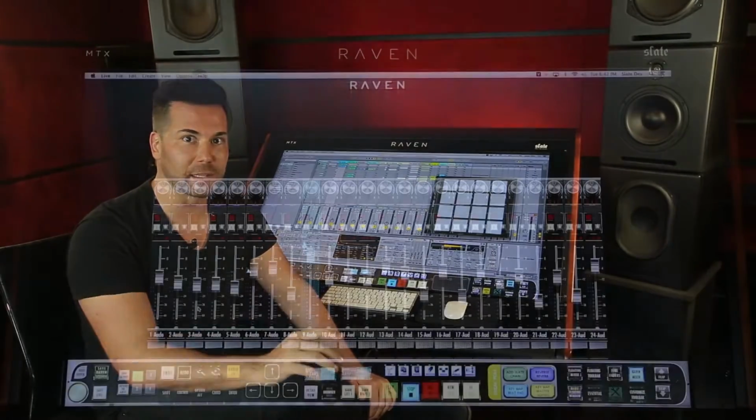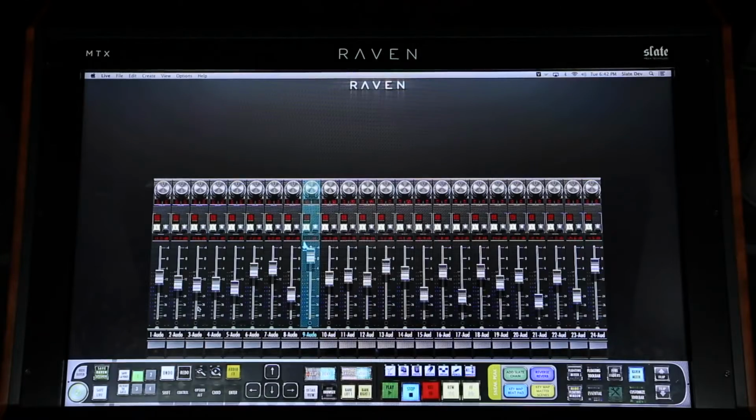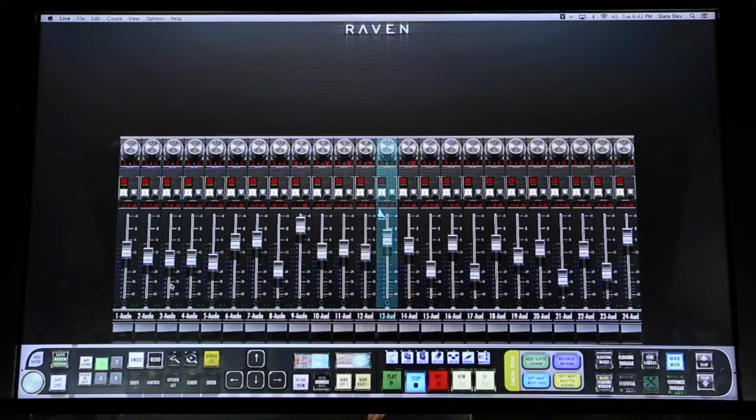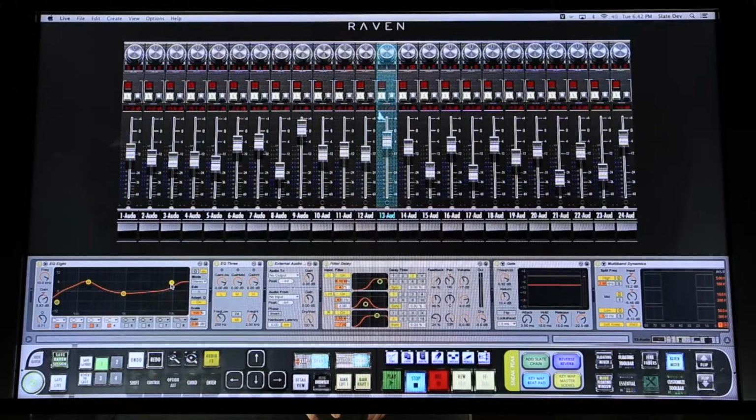It is so easy to make adjustments to your plugins and clips and more. On the Raven mixer, I'll select this track by touching it and then hit Audio Effects. My devices automatically appear below the Raven mixer, making it easy to adjust the plugins I want on any channel